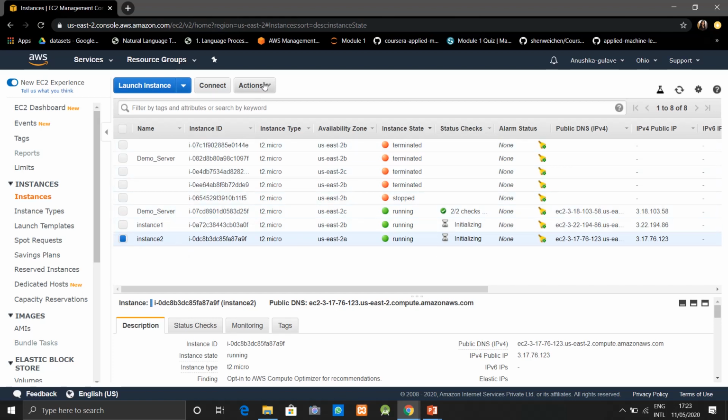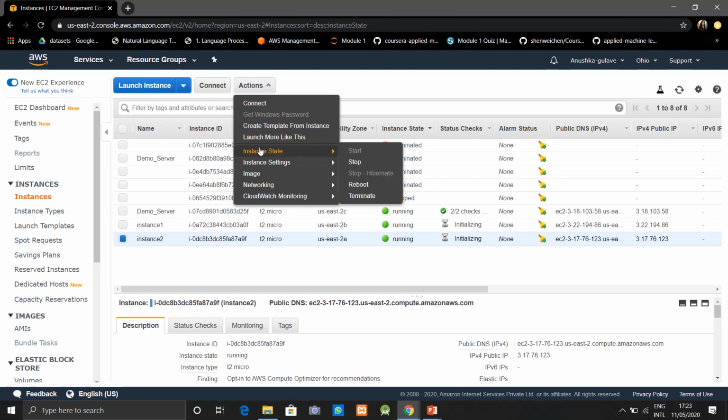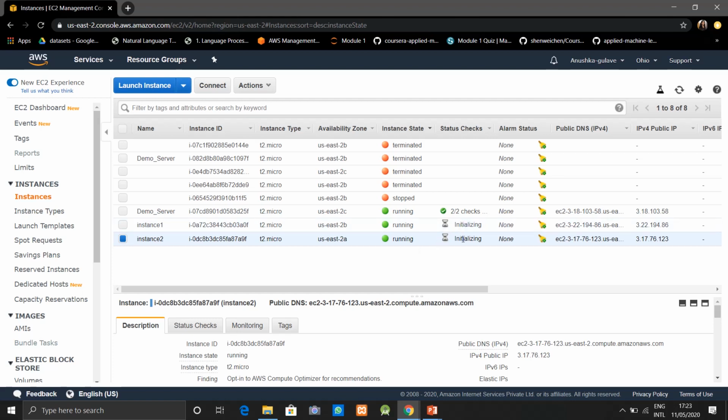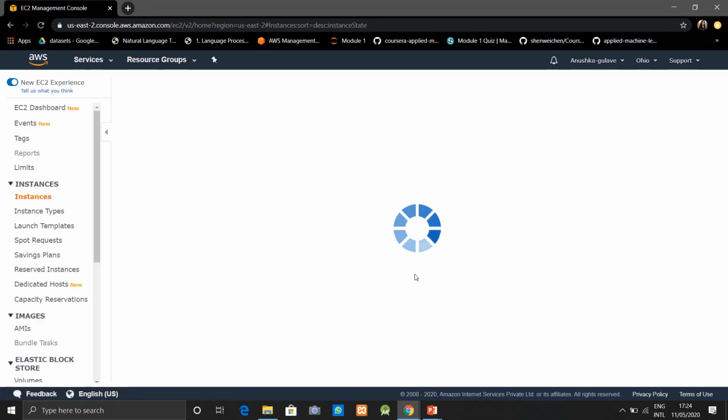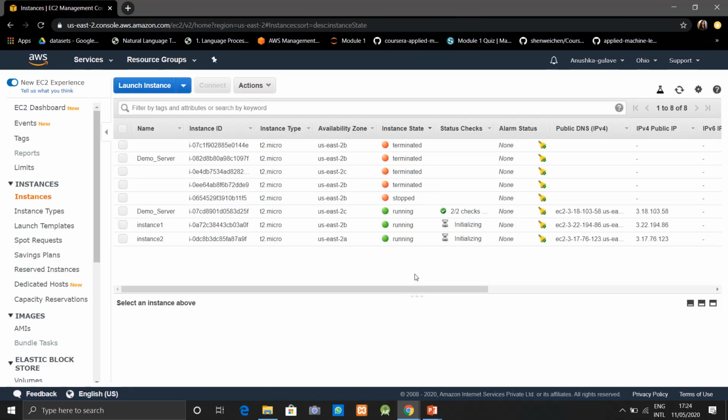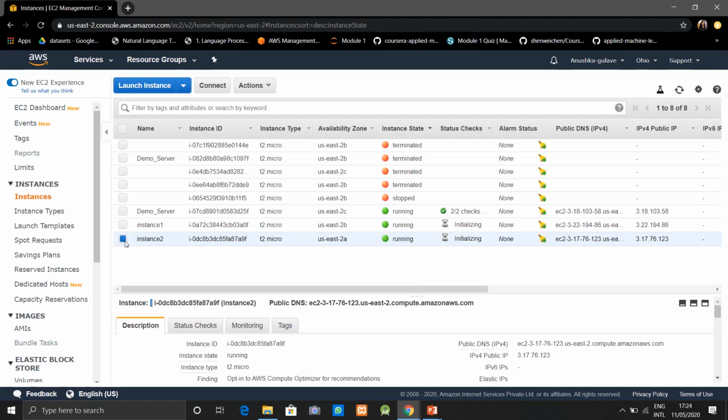So now let's see whether EC2 adjusts it or not. Let's terminate one instance. Just wait for a minute, our status is checking. Just refresh the page. I'm going to delete or terminate one instance, and then we can check that with the help of auto scaling the instance will be automatically created.